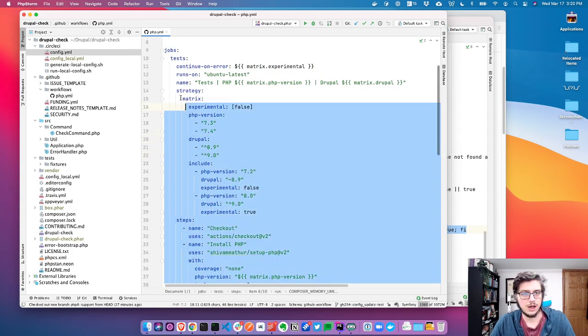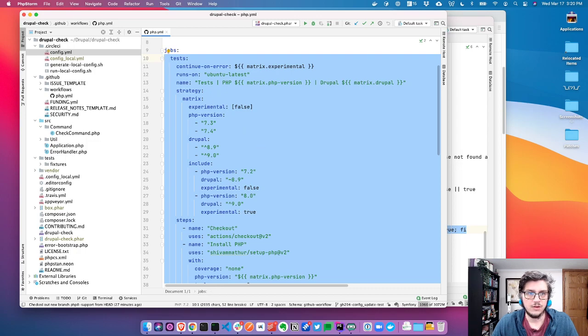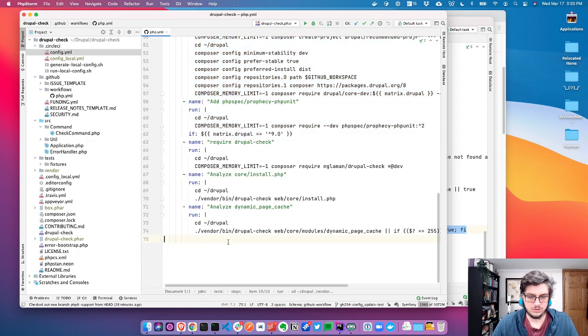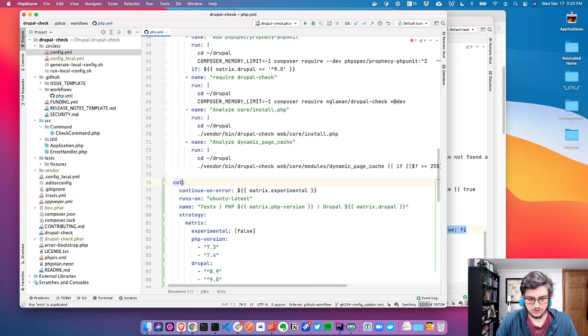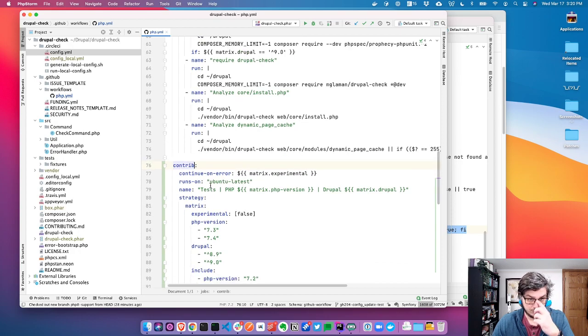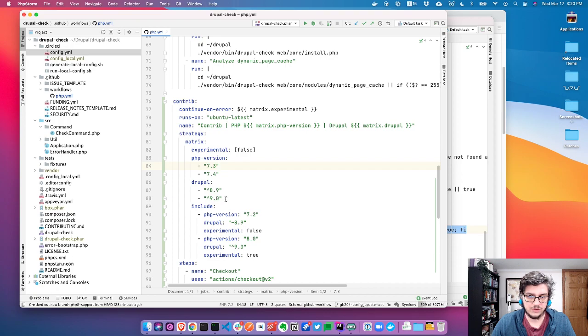So I'm going to copy that and paste it. We're going to rename it to contrib integrations. We'll just call it contrib. Don't need to be fancy with the naming. So we'll call it contrib. And